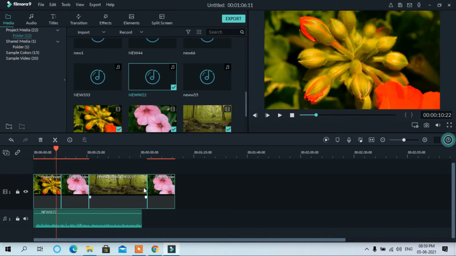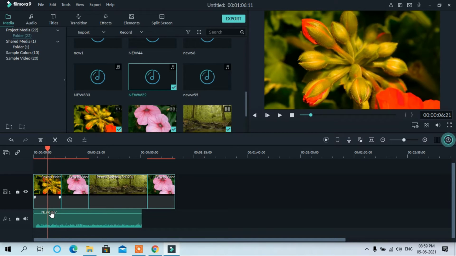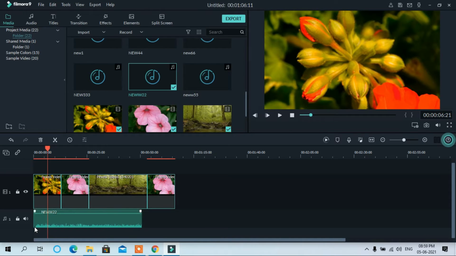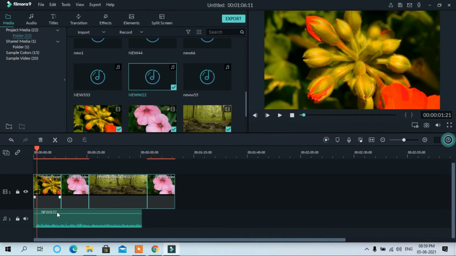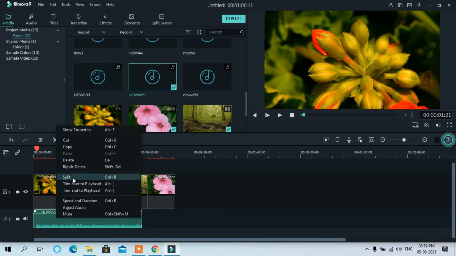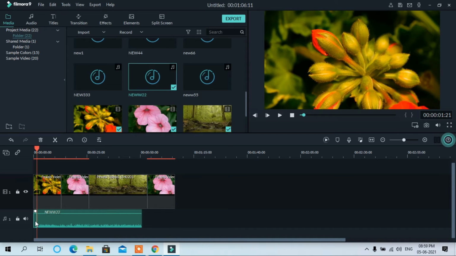Now no audio of these clips will work, only the new audio will work. Suppose here there is no waveform, that means audio starts from this. You can delete that area, for example, split and delete.